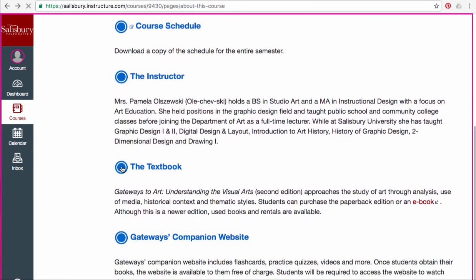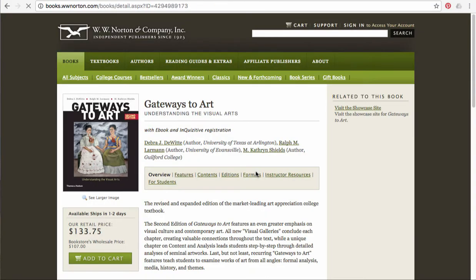Here's the textbook, and I do want to show you this. The textbook is Gateways to Art, Understanding the Visual Arts, 2nd edition. Make sure you purchase the 2nd edition. You need to buy, rent, or borrow this textbook. It is integrated into this course and everything comes out of it. So it's not a course that you can skate by and not purchase or get the textbook. You can buy it from the publisher here, you can buy it from SU Bookstore, you can buy it online, you can rent it, and you can also get an ebook, which is